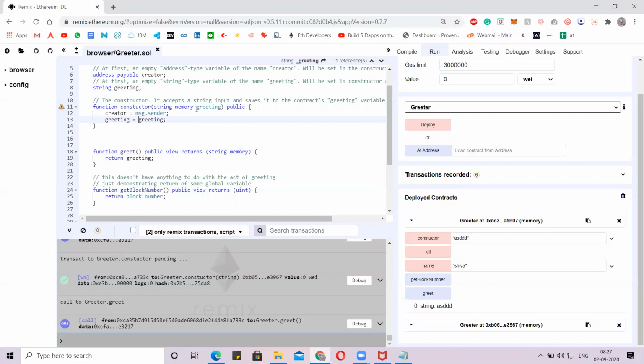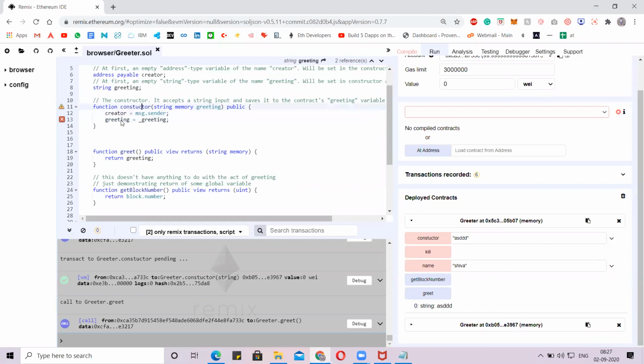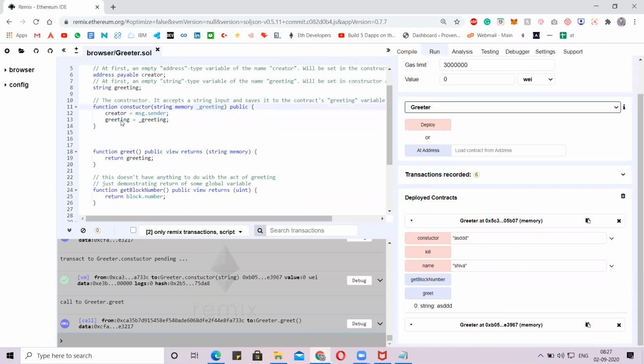So when we have greetings as both the state variable and the global variable, the variable data will stay in this function only. That's the reason we give a different name to the state variable and the global variable. Is that clear, Rohit? The same thing I have shown you, right?